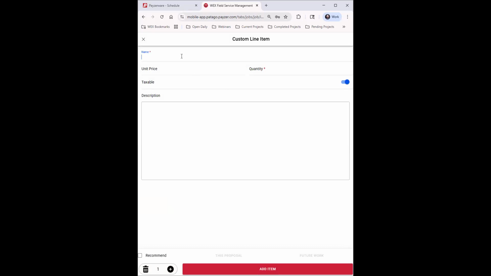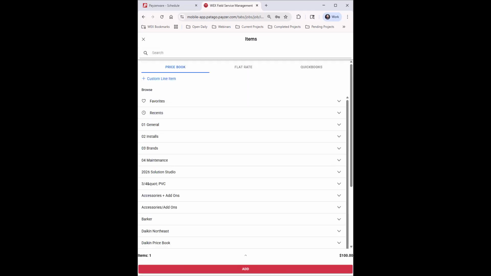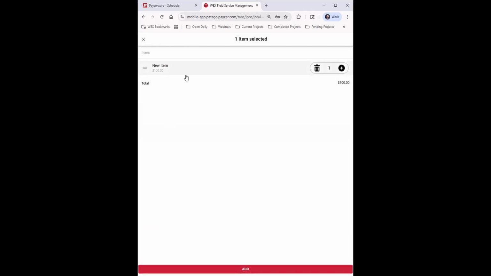So I will type in what this is, put the quantity, the price. Are you charging tax or not? You can put a description here if you want, and then tap add item. And that now has been added to the queue,